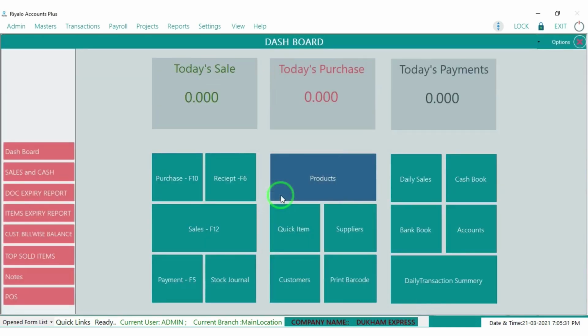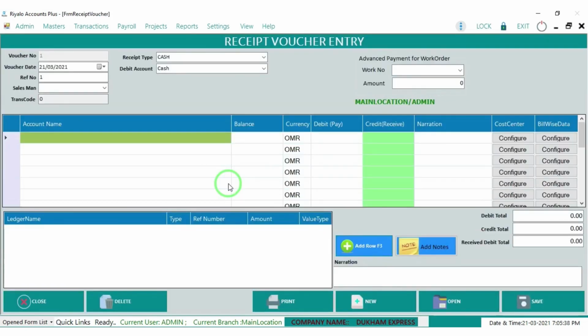After doing the sales and purchases, definitely there will be receipts and payments. On the basis of customers, we want to enter the credit customers' receipts. First of all, we can select if it is cash, credit or anything. If it is cash, definitely it will be cash in hand. Otherwise we can select the debit account if it is by check or something, and directly select the customer and how much they are giving to us, that means how much amount we are receiving.